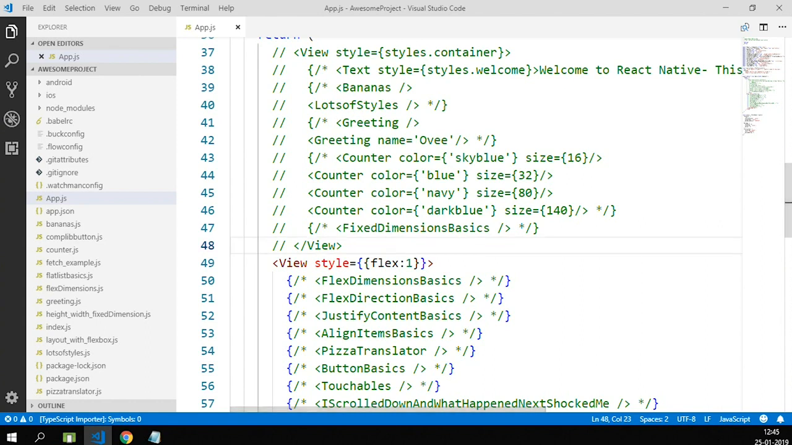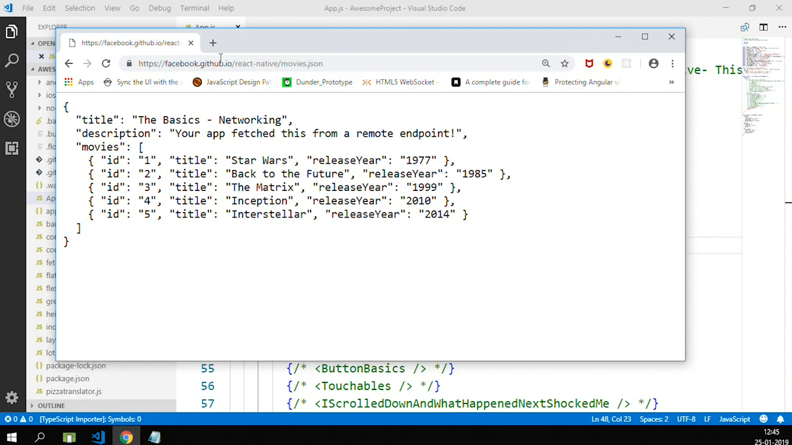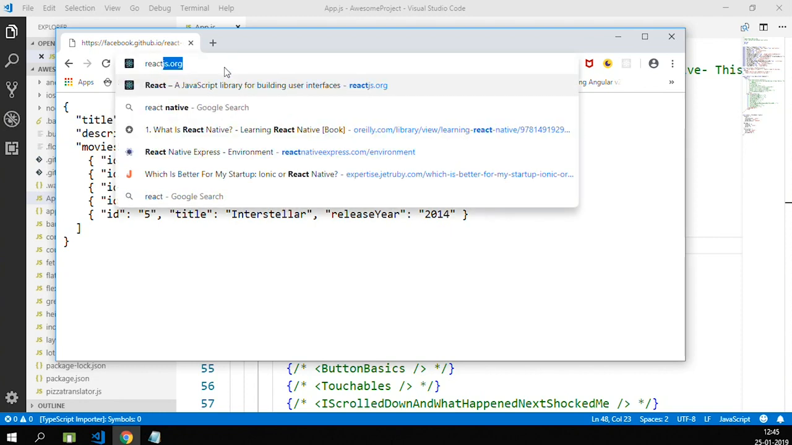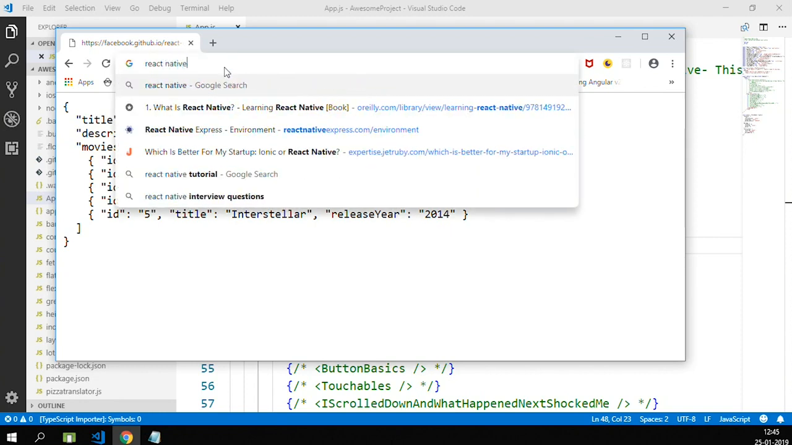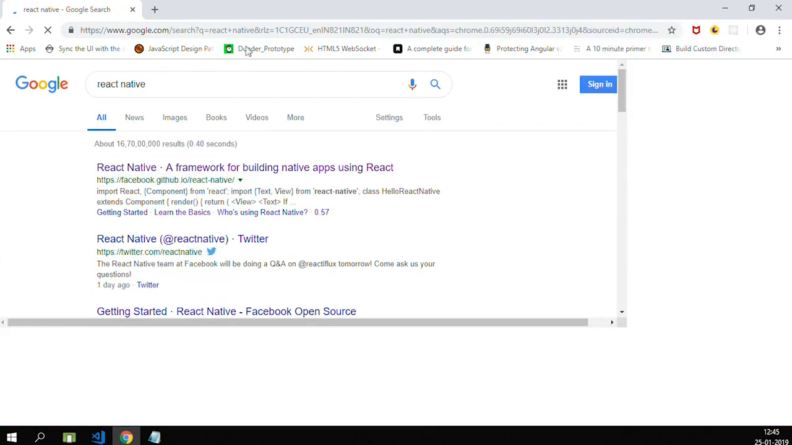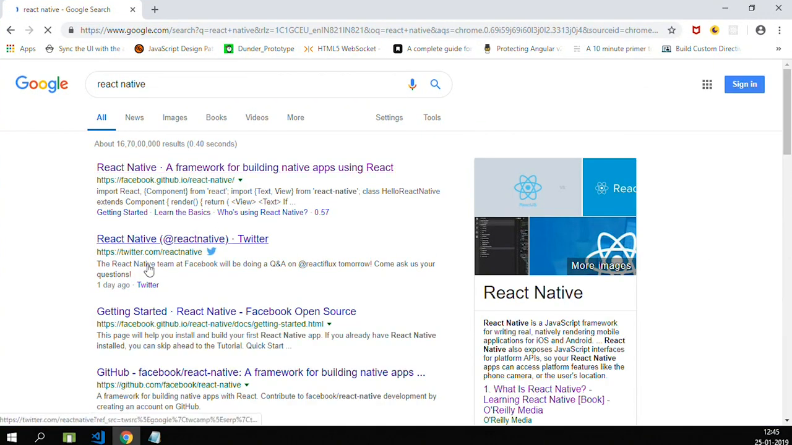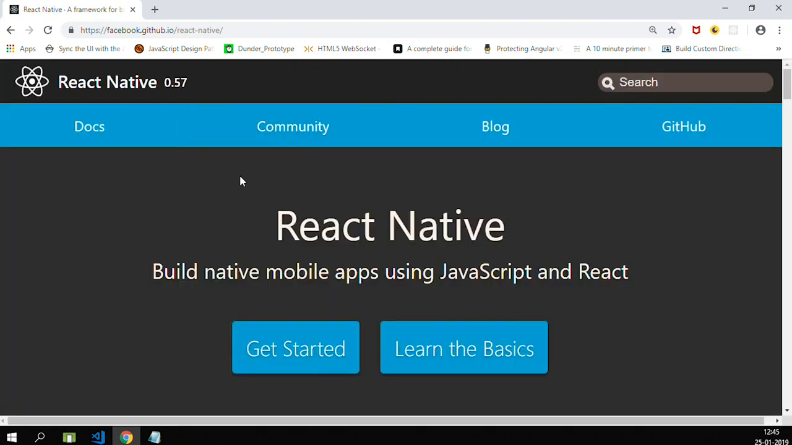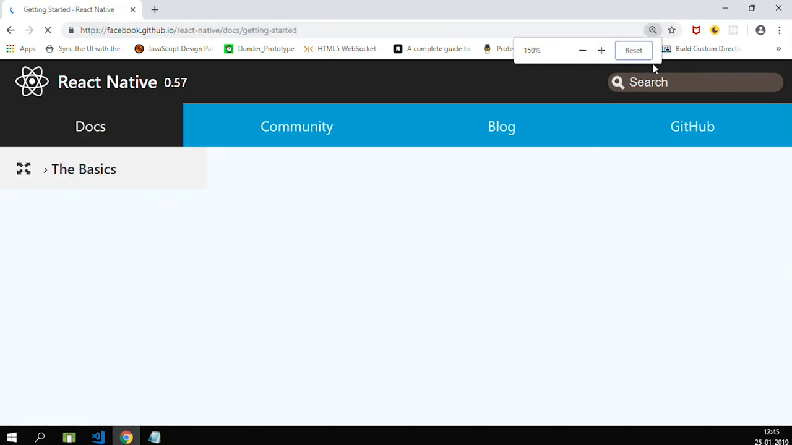Again, whichever examples I have taken are almost similar to the ones from the official site of React Native, that is from Facebook itself. You would be able to try out the things by just searching for React Native. The first link will take you to the official site of it, that is facebook.github.io. If you go for Get Started of it,